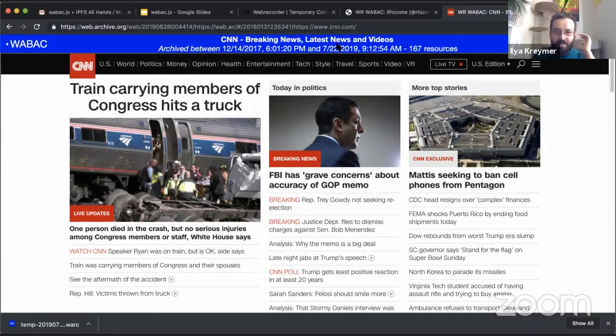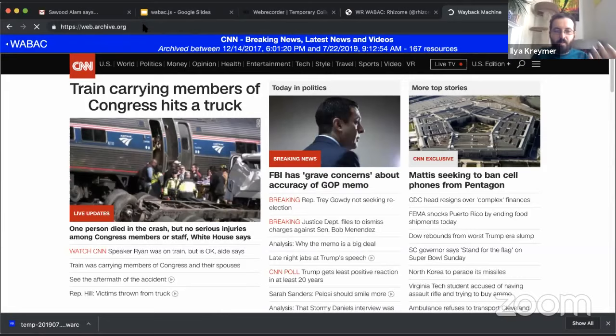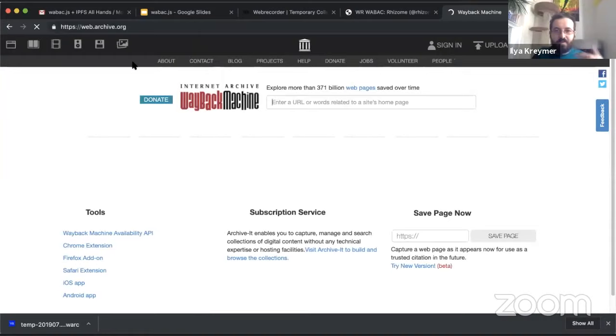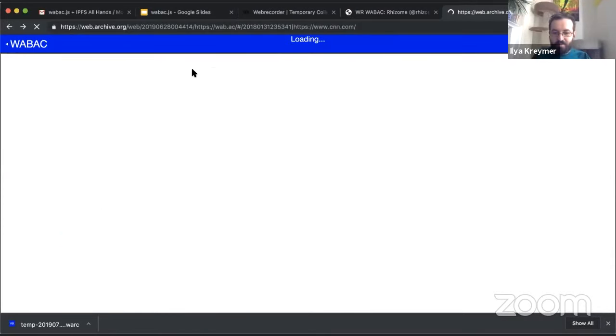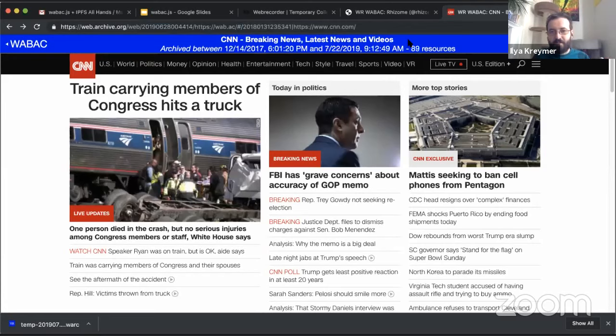So for example, this is a CNN.com page using wabac.js inside of the Internet Archive Wayback Machine. If I just play back the same site from within their regular Wayback Machine, it actually doesn't render as well. So this is a way to essentially provide an improved replay mechanism. And so what it does is it basically reads the original data from Internet Archive and then does the replay